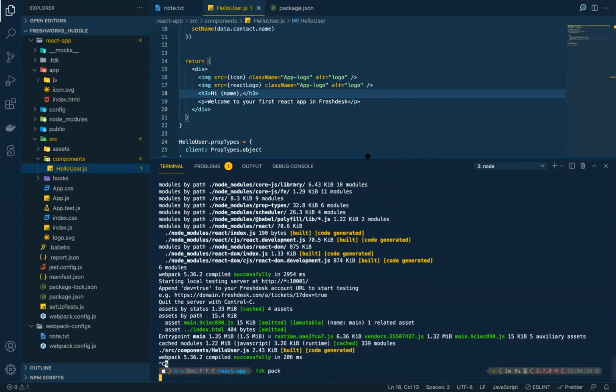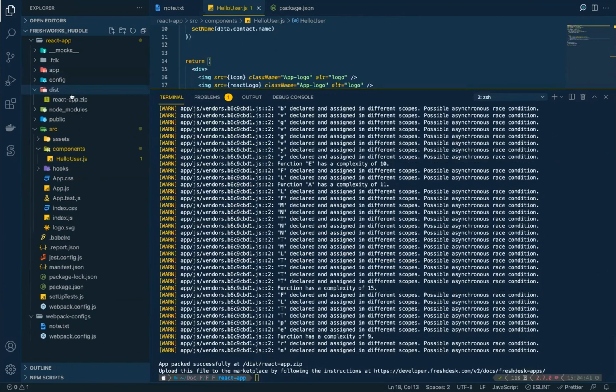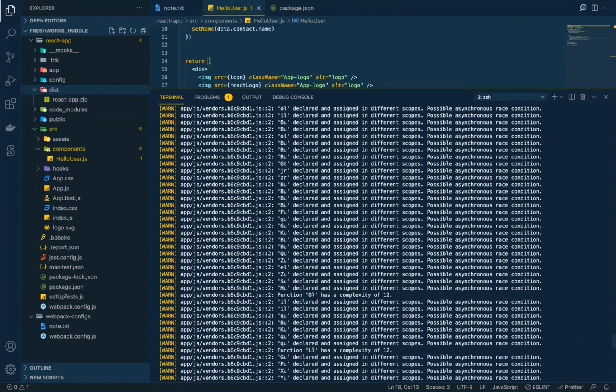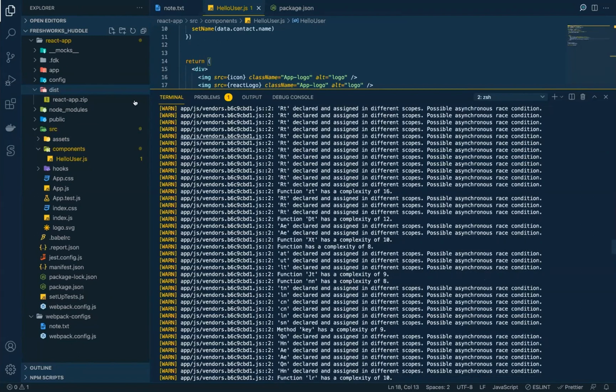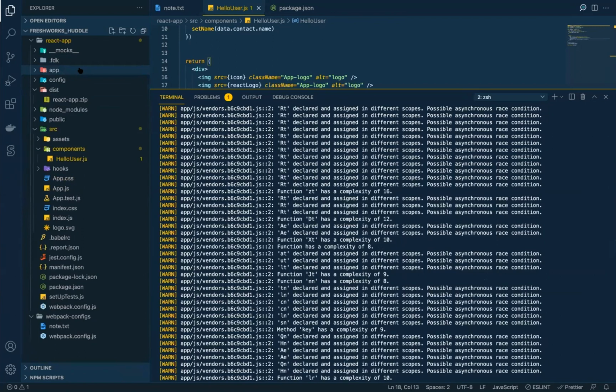So I run FTK pack, and that invokes Webpack and compiles all the assets in the app folder, and then packs it into a zip file and puts it in the dist folder, like your regular FTK application. But in this case, you see a lot of warnings here, right? This is because FTK is programmed to run validations for all the JavaScript files present in the app folder. And that is where you usually do development work in a normal vanilla JS application, right? But this is a special scenario.